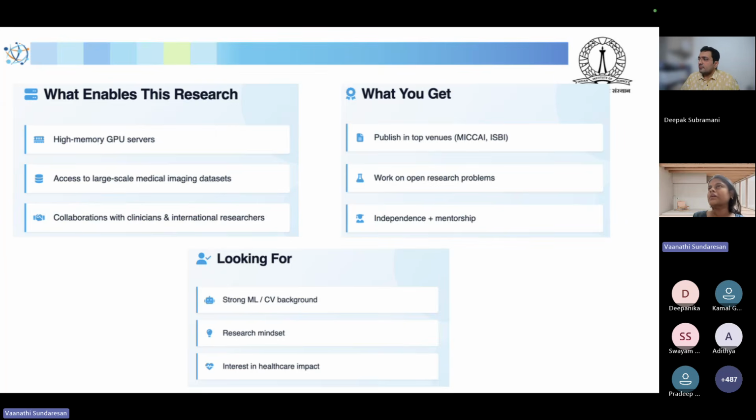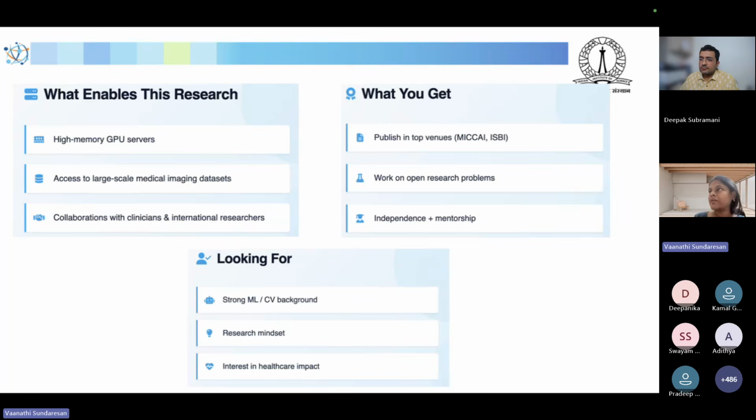I have mentioned ECS and also relevant backgrounds, but please do apply if you are from other backgrounds as well, if you are interested. If you have the relevant skill set, you will definitely be considered. So please don't make that a restriction for yourself. And a research mindset: if you are interested in research, solving open problems, looking at a problem from different aspects and aiming to solve it, that is definitely a plus.